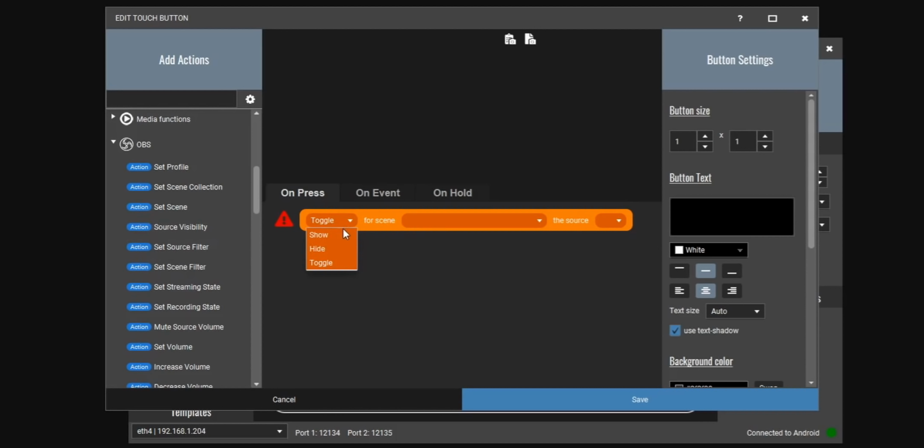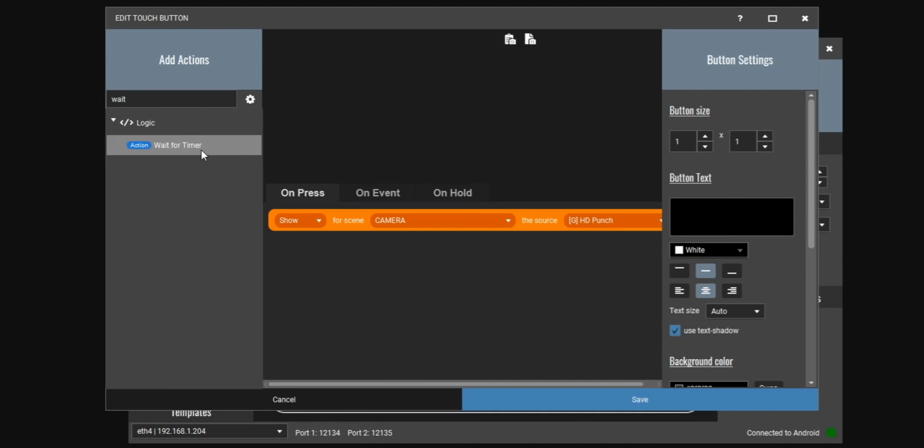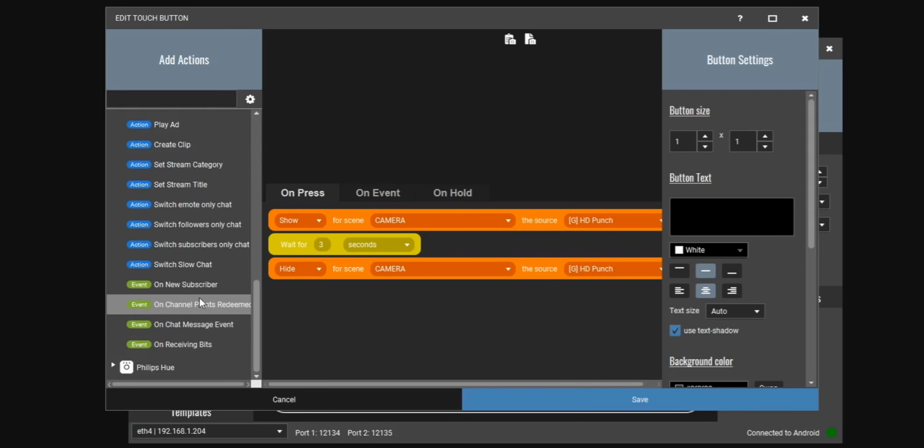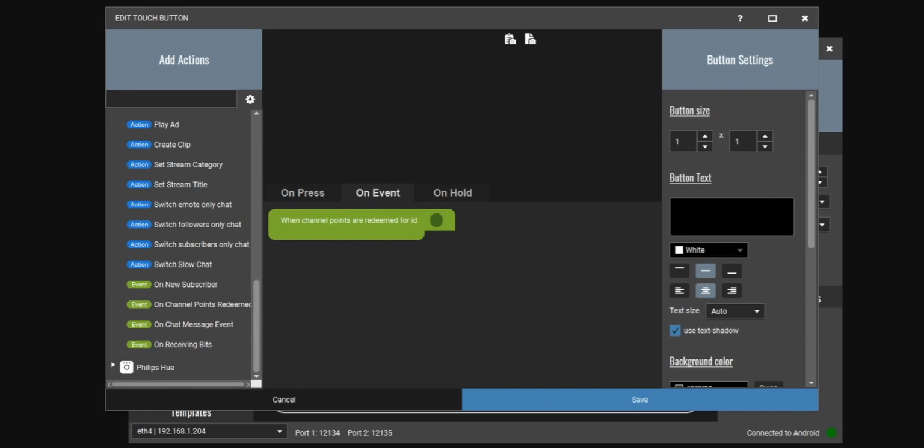So that means all we have to do in Touch Portal is add an action to enable that video file, then add a delay to wait for that video file to finish playing, then add another source visibility action to turn that video file off. Then we just need to add an on channel points redeemed event. It's going to ask you to put in an ID. So that ID needs to match the exact name of your channel point